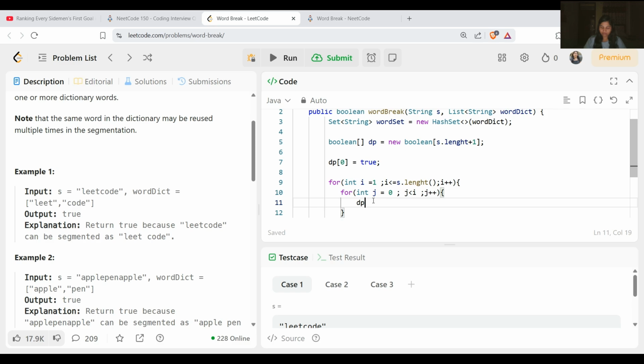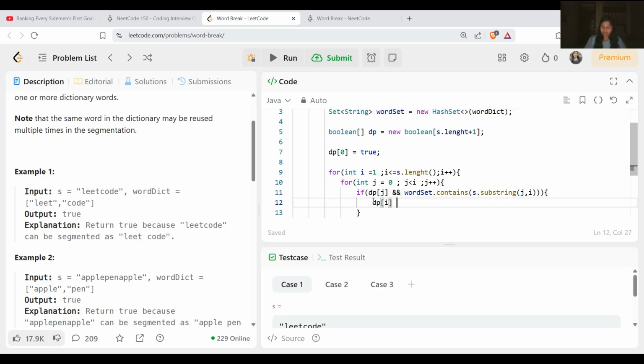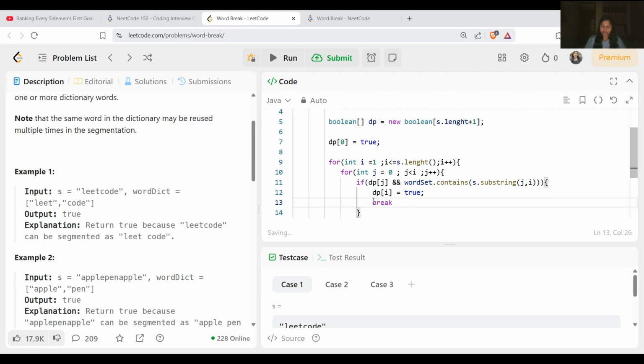So if dp[j] is true and wordSet.contains s.substring from j to i, right, if the condition is true, in that case we will set dp[i] equal to true, and once we get a true condition, we will break.